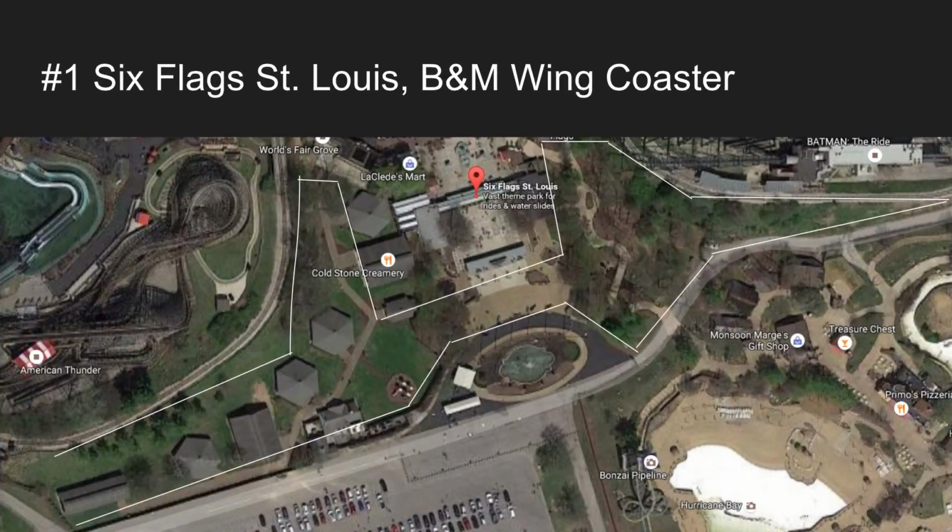The first park on here is Six Flags St. Louis. And it's possible that they could get a B&M wing coaster. Now, Six Flags hasn't worked with B&M in a long time. Since 2012, they haven't built a new B&M at any Six Flags parks. So I think a nice wing coaster wouldn't be the most expensive. So I think a nice gate coaster right over the main entrance could be a nice arriving coaster for visitors